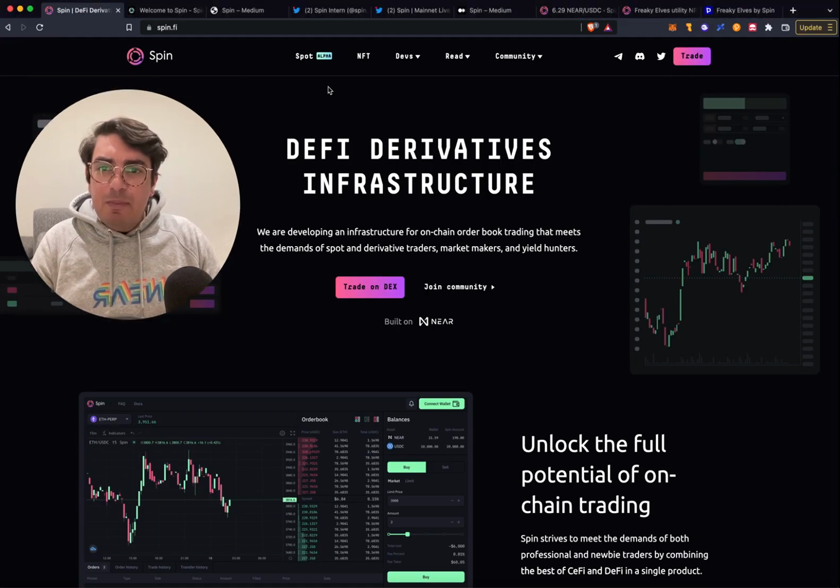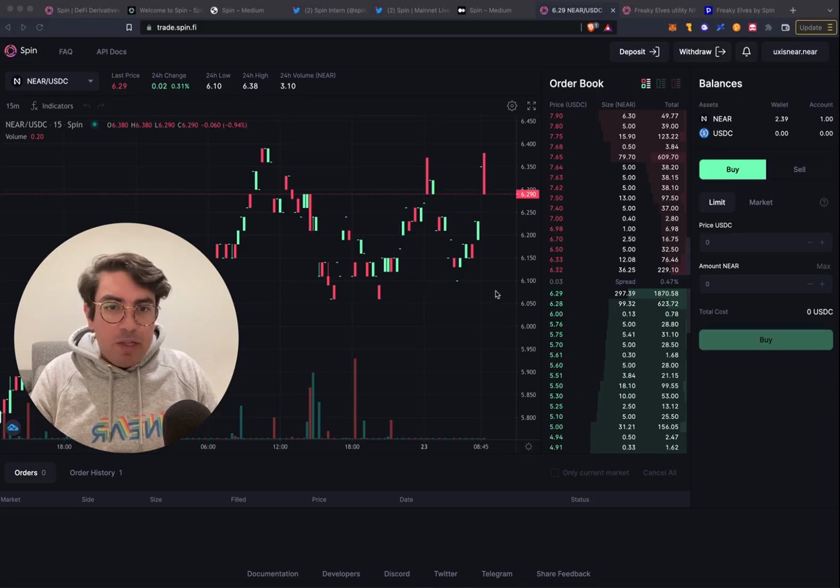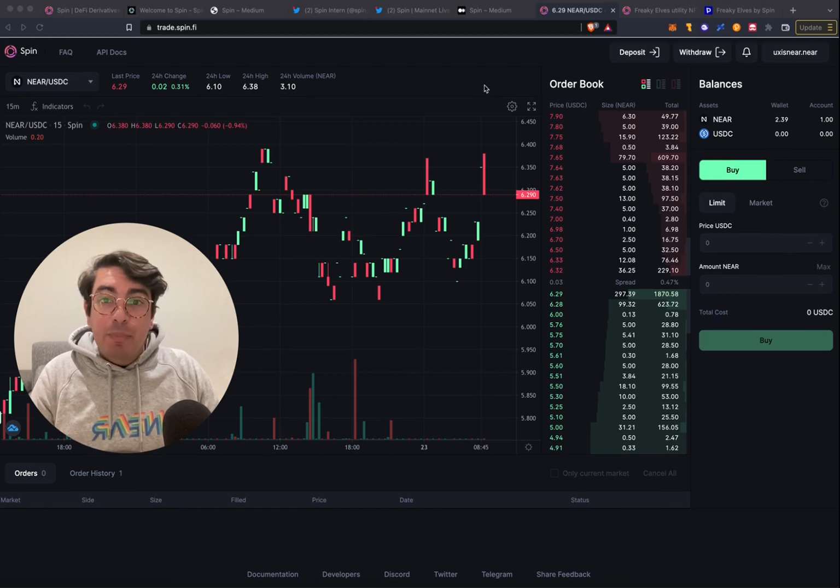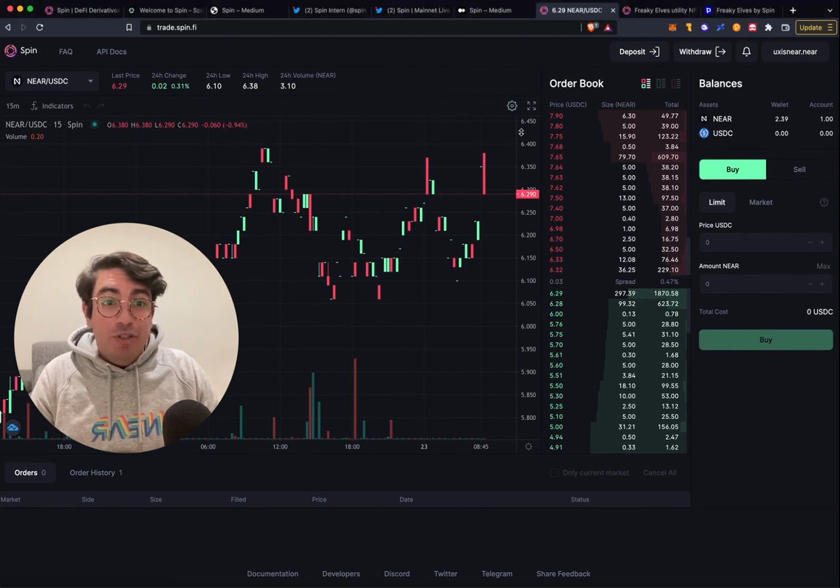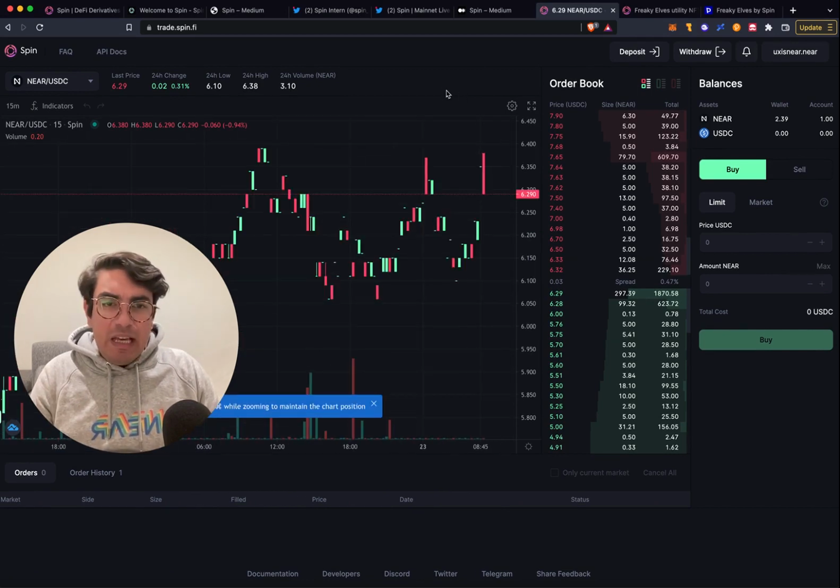Spin Finance is live in main now. And what you realize really quickly is that it looks very much like some of the centralized exchange offerings. So if you're familiar with using things like Binance or FTX or KuCoin, you'll see that there is a chart. It looks a little bit spotty now. There's little volume. You can see the order book on the right. And then at the moment, they've got limit and market orders available. They also have futures and options coming up. We'll dig into some of these core concepts in just a minute.